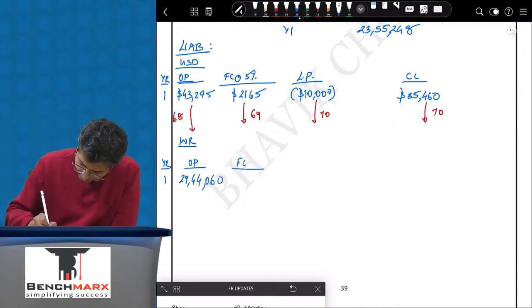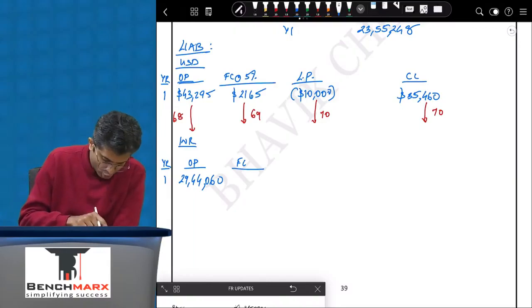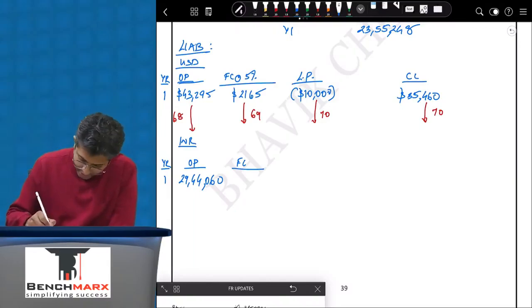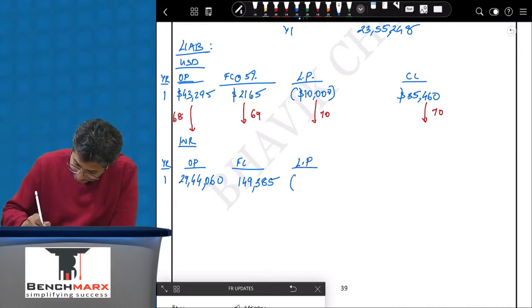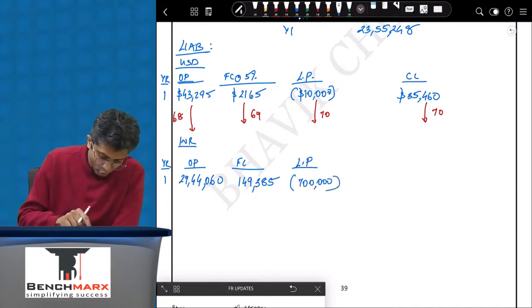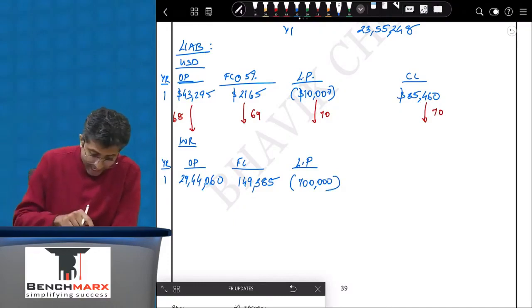Finance cost will be at the average rate. So this is 2,165 into 69, 1,49,385. The lease payment, which is made at the end, is 7 lakhs, 10,000 into 70,